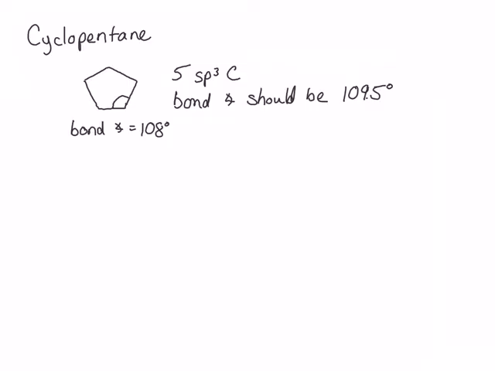What this means is that we have very little angle strain. This is one of the reasons that cyclopentanes are one of the more common cycloalkanes, because they have low angle strain. Having more bonds leads to more flexibility, which also helps with torsional strain. Let's look at that Newman projection. And again, if you haven't already, I would suggest pausing the video and making a model of cyclopentane before we